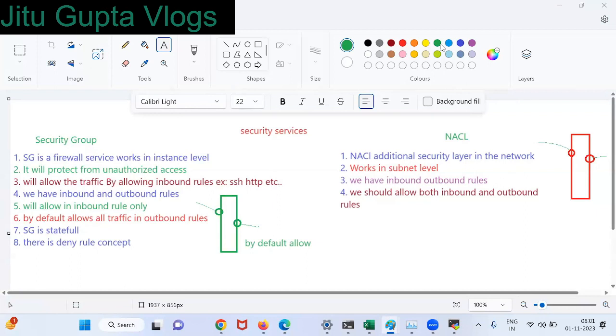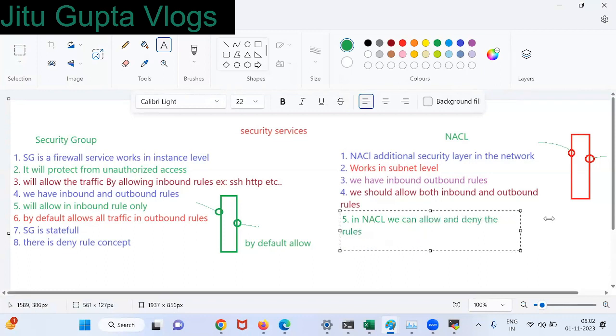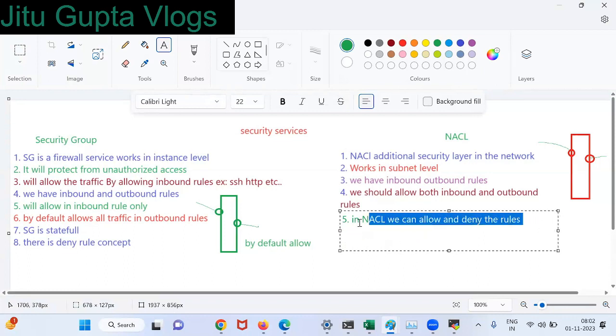Now, in NACL we can allow and deny the rules.